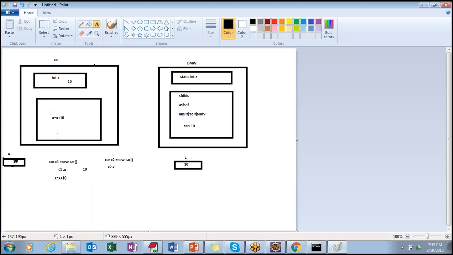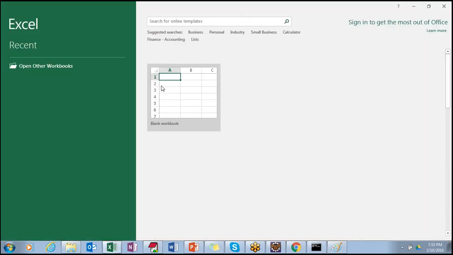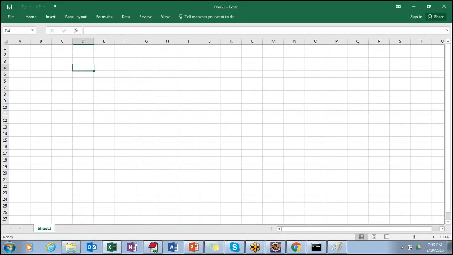Let me put it in a different way, because I am not able to show you with a diagram. Let us say my car is this and its object is C1, and the initial value of x is always 10.